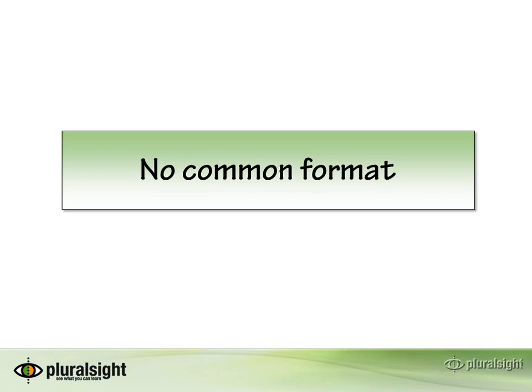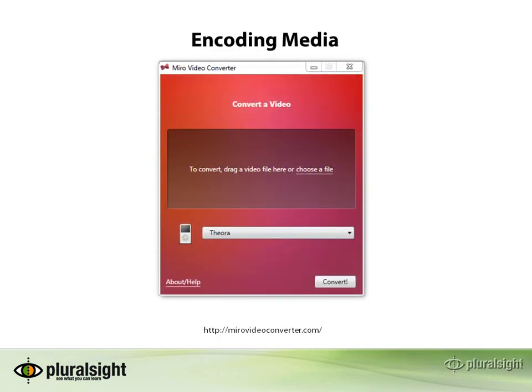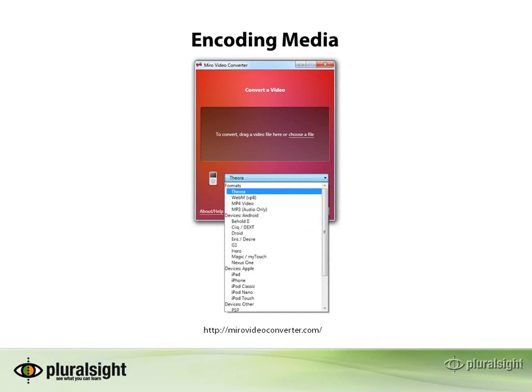Obviously, this isn't the only way you can do it, but the Miro Video Converter actually does video and audio, and will help make your life a little bit easier. If you go to mirovideoconverter.com and download the tool, it's an open source tool that will allow you to choose from a number of different formats. As you can see here, we have each one of the formats available to us that I just showed you that are native for HTML5 video and audio, as well as a number of other different formats that you can